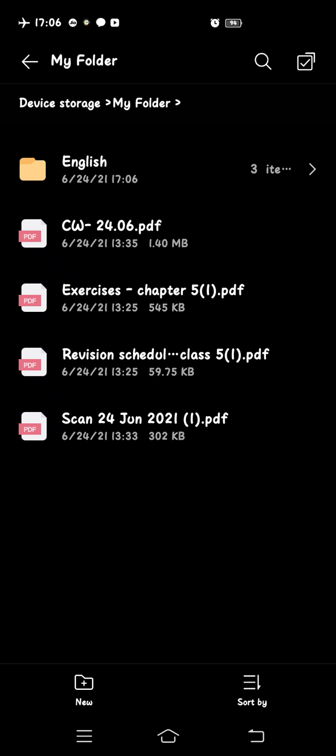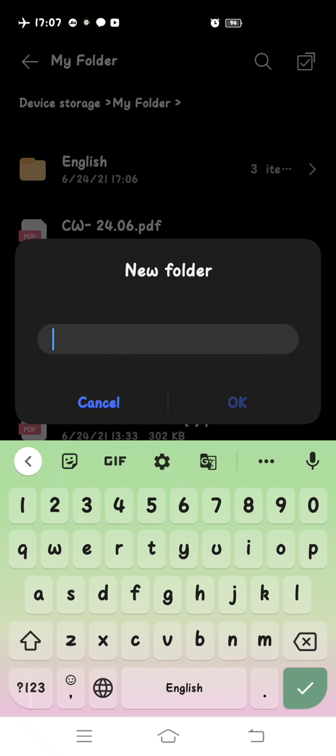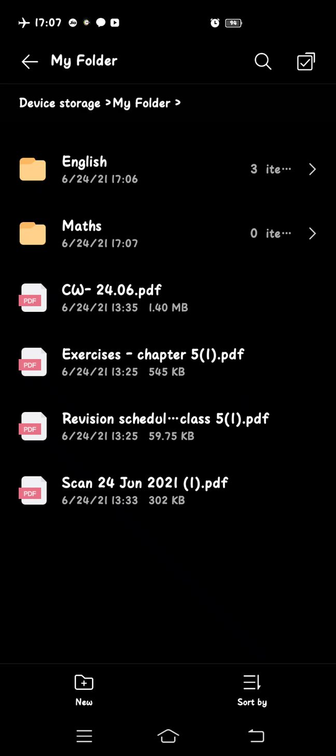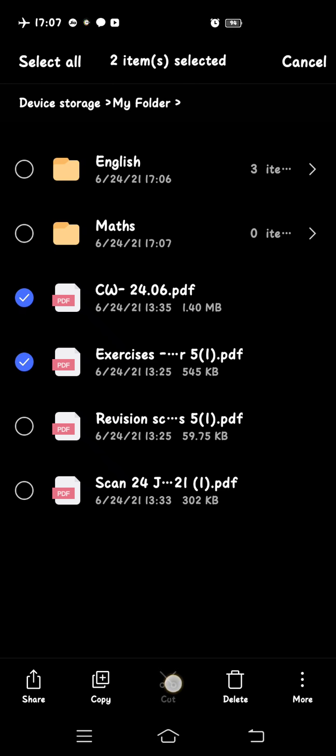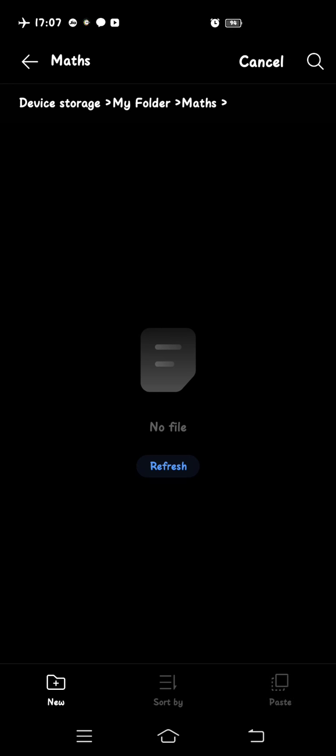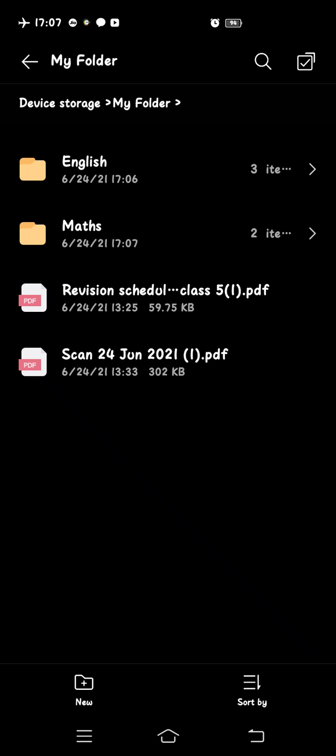Now those 3 files will come here in my English folder, right? When I move back, you can see there are only 4 files, and in the English folder we have 3 files. Then again I want to make a subfolder for another subject. Suppose I want to make it for maths, then I will type maths. I will click at OK. Now the maths folder is there. Now I will take the maths files. Suppose these 2 files are of maths, then again cut and I will click at maths and paste it here. So this will be my maths folder. This is how I can make the folders of all the subjects, right? For science, for Hindi, for English. This is how I can make the folders.